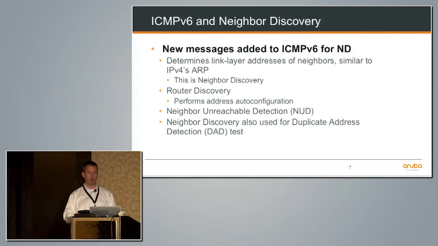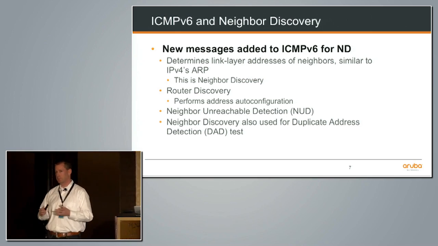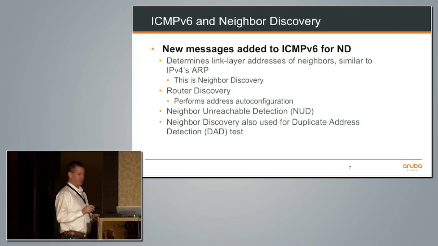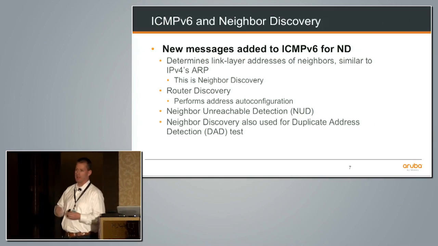The next couple of slides deal more with the router discovery piece, but just to know that this is part of that whole DHCP process, although DHCP is optional or not, and getting a little convoluted. But the second piece then is we use neighbor discovery to figure out if I derive an address. So if I use the auto config to come up with my own address, I don't need a DHCP server. How do I make sure that address is unique? We'll use that link local address, send out an ICMPv6 neighbor solicitation. Is anybody using this address? If I get a response back, I know I've got a duplicate address. I need to go try again. If nobody responds, I'm good, and we'll go from there.